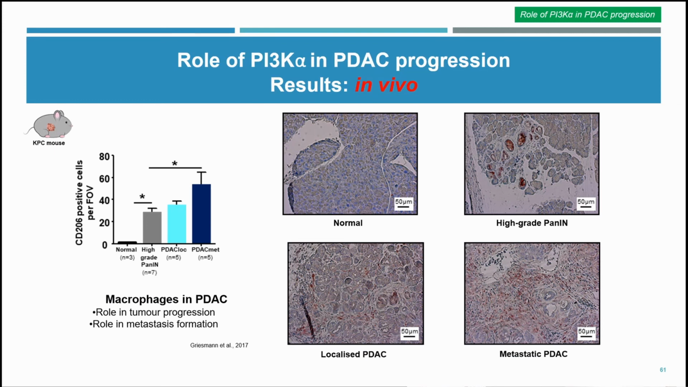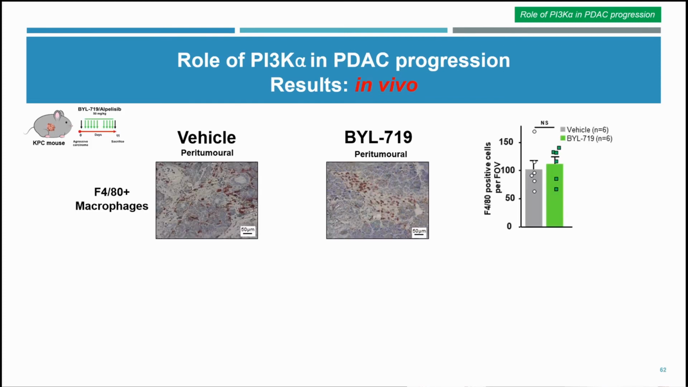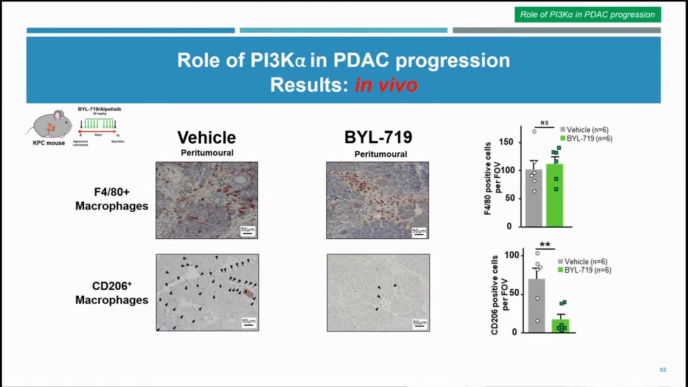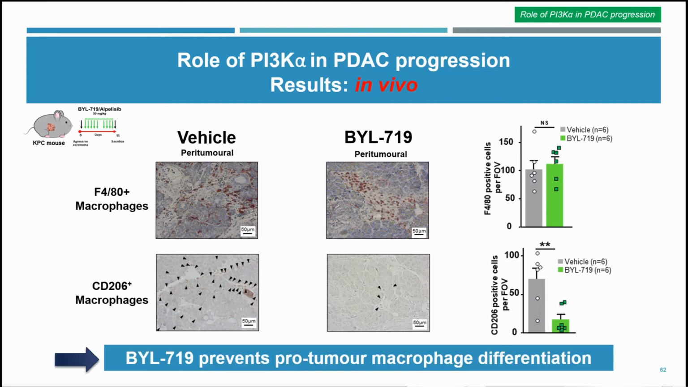So we also know that in pancreatic cancer, macrophages play a really important role. They are involved in tumor progression, and they also have a role in metastasis formation. We then wanted to analyze the effect of inhibiting PI3K alpha on this cell population. By analyzing the pancreatic tissue, peritumoral tissues, we observed that there is no difference in the count of the F4/80 macrophages, but there is a decrease in CD206 macrophages,